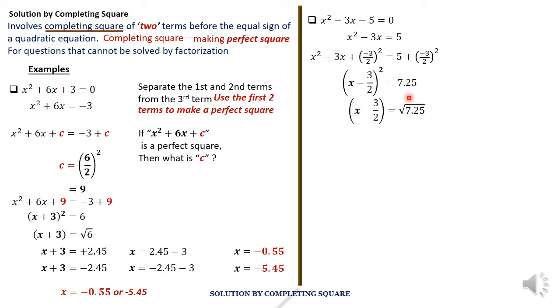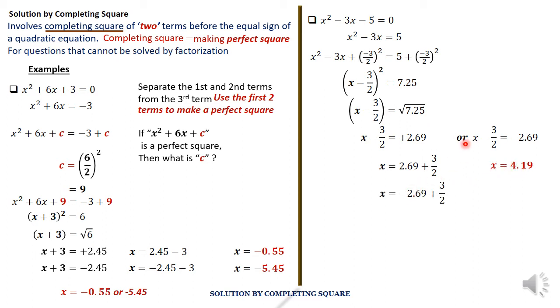Now we take the square root of both sides to eliminate the square here, which gives us the square root of 7.25. Now the square root of 7.25 could be plus 2.69 or negative of the same. Now the value of x therefore will be either x is 2.69, this is positive, adding 3 over 2, because when this goes to the other side it becomes positive, which gives us 4.19,